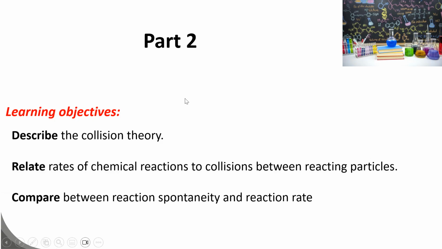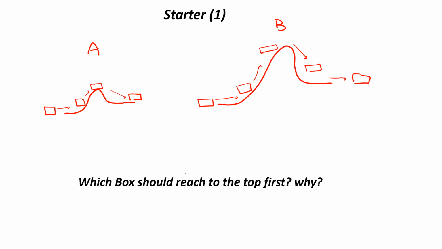Okay? So now we go to part 2, which talks mainly about the collision theory، نظرية التصادم. Okay? So we'll describe the collision theory, relate rates of chemical reactions to collisions between reacting particles. Okay? And compare between reaction spontaneity and reaction rates. So we are going to start with the collision theory, guys. Okay? But before we do that, let's just have a look at